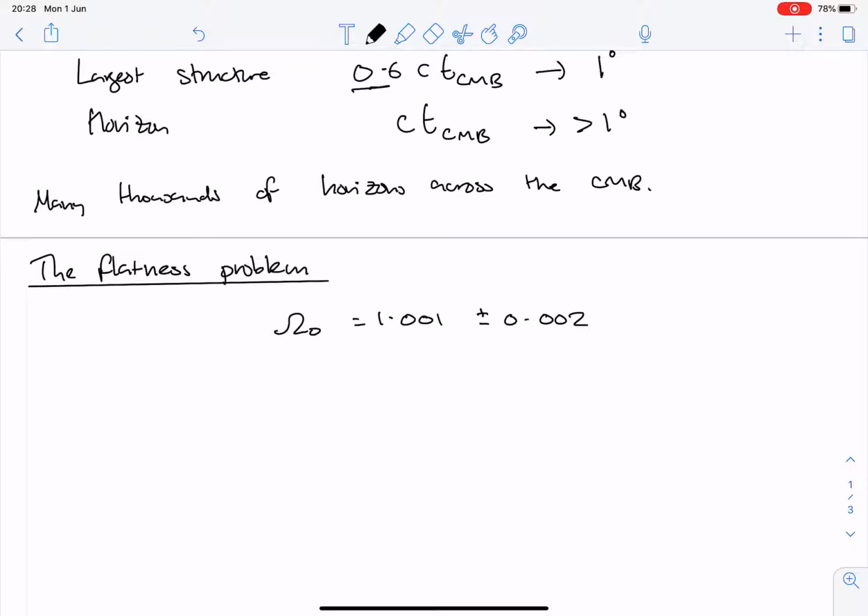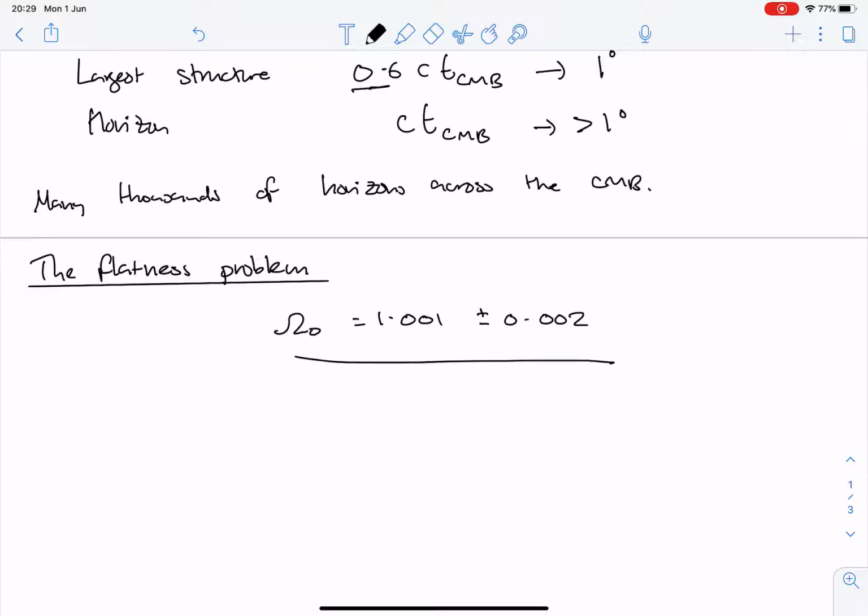There's nothing in any fundamental physics that says, at birth, the universe must have the critical density. It could be way below, it could be way above, it could be somewhere in the middle. Why is it that it has that critical density? And the first thing you note, and when I was an undergraduate student this was more plausible than it is today, is that this number is not exactly the critical density, so maybe it's just a little bit off the critical density. But even now, you're talking of it being within a few parts in 1,000 of the critical density.